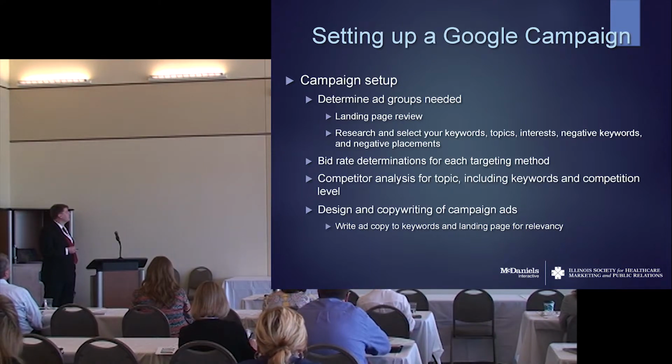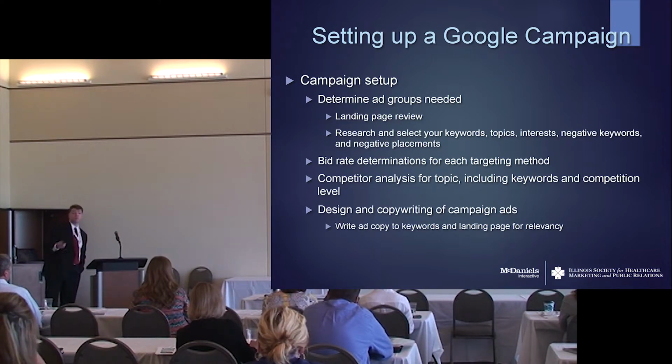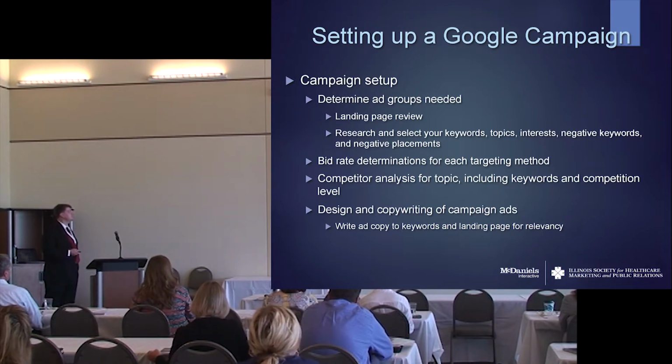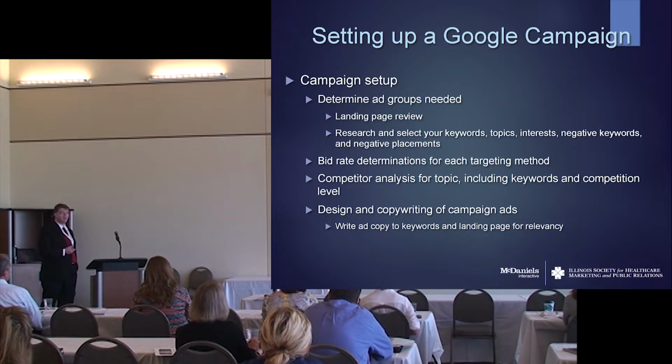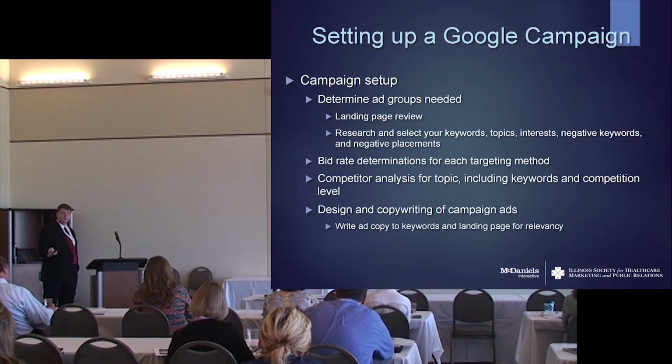Again, this is just more on campaign setup, and I'm going to skip through some of this because it can get a little detailed. But once you know the type of campaign you're doing and where you're going to be doing it, you pick the products or services that you want to advertise. And this is when you start to get into the real detailed part. You want to know what the landing page is, because every ad has to go somewhere. So you want to take a look at where you're sending those people. You'll conduct keyword research and look at the copy of your landing page.